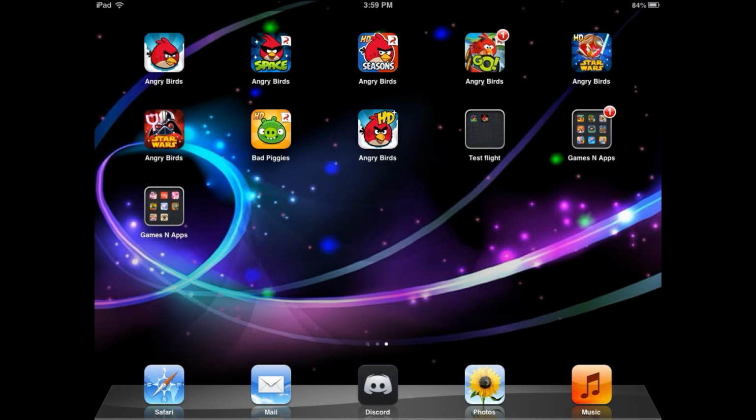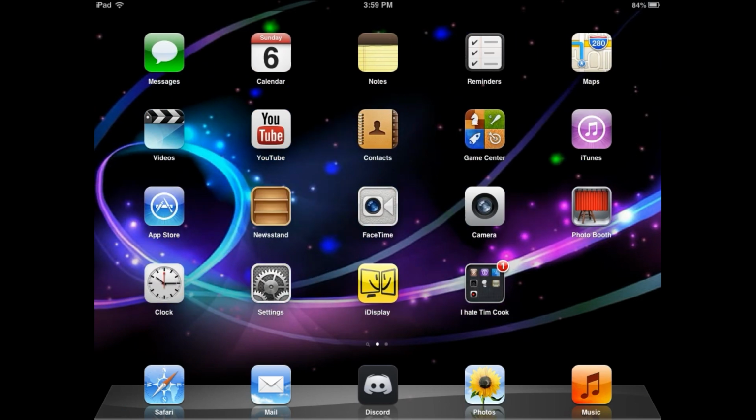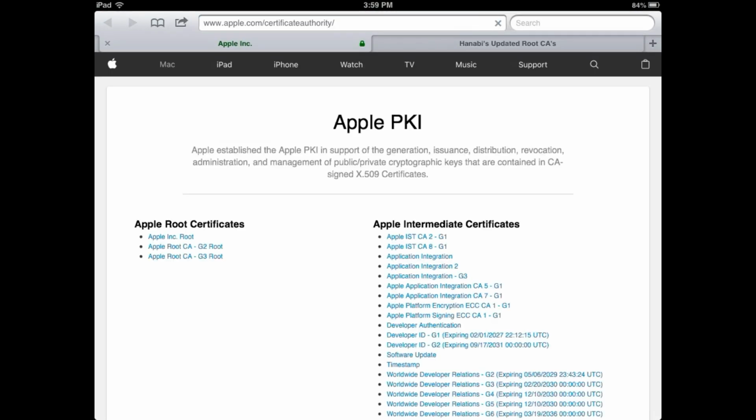Yo guys, today I'm going to be showing you how to fix the Game Center app in 2025 using Hotshot's Game Center Fix 2025 edition. So first you want to go to your web browser like Safari for example, and you want to go to